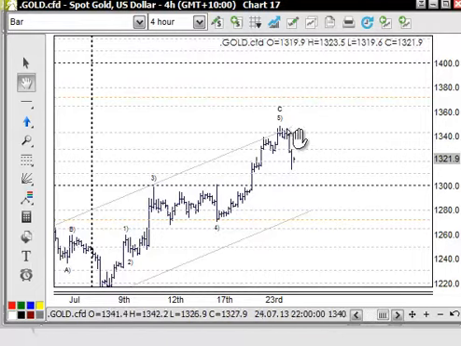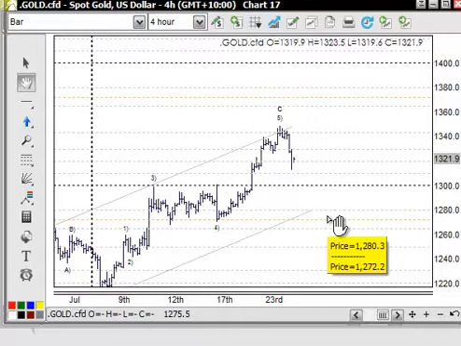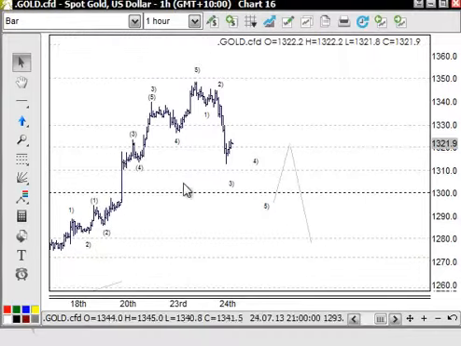So once again, we need to see this first structure come down. If we get 5 waves down here, then we'll get 3 waves back up, and then we'll get another 5 down through here. And then at that point, it's really a matter of, does the 1300 become the resistance or the support at that point? So looking at this briefly on the 1 hour chart,